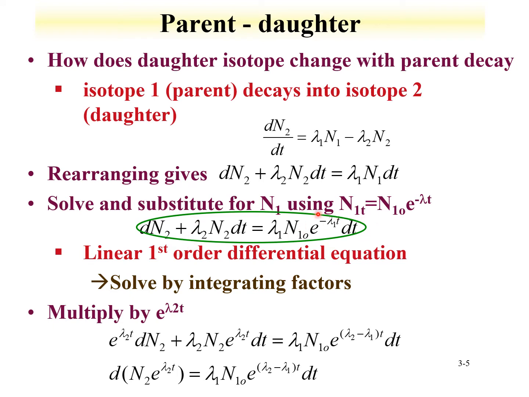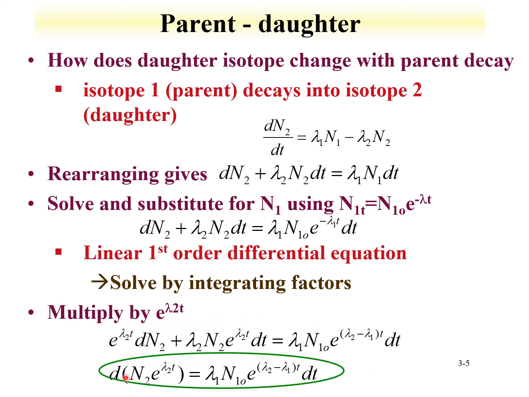Let's take a linear first order differential equation. Let's just solve it by integrating factors. Let's multiply by e to the minus lambda 2 t. The equation then becomes what we see here, where we get the change of n2 e to the lambda 2 t equal to lambda 1, the initial amount of isotope 1, e to the lambda 2 minus lambda 1 t